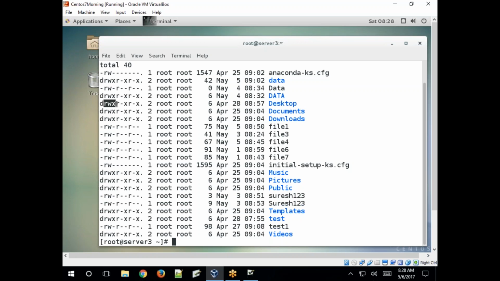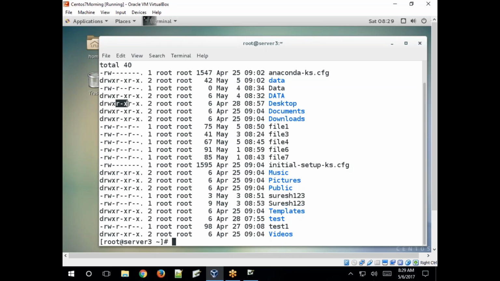Owner of the file: read, write, execute. Who is the owner? This is the owner name, root user, and the group owner is the same, root. Read, write, execute on owner, read and execute on group. That is what we discussed.